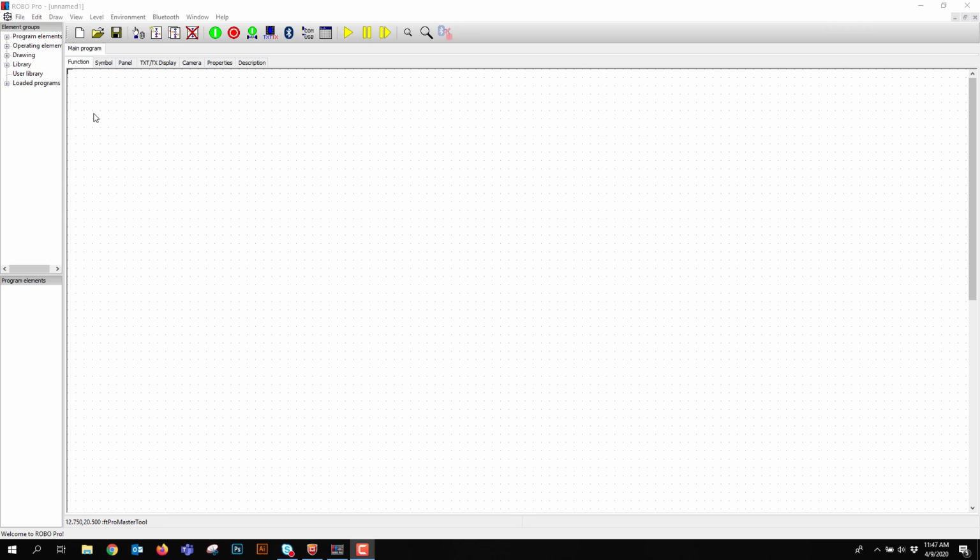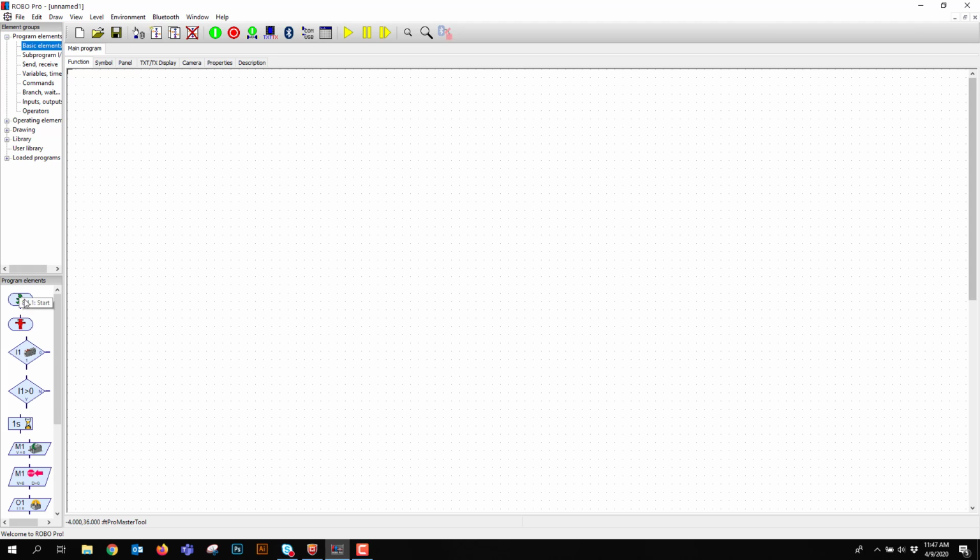So to start out, we're going to make a new program. We've got our new workspace here. Every program needs to have a start. When I'm making this, I'm going to make it in terms of a freight elevator, making it a go-to button for a freight elevator. Okay. So you're going to start down and go to